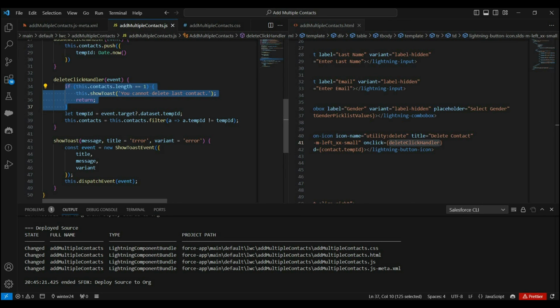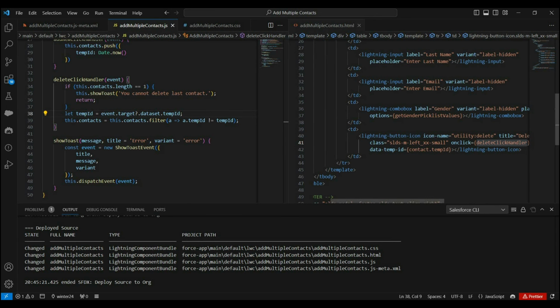Now here to identify which row should be deleted, I mean, let's say we have 5 rows and the user wants to delete one of them. Then here in code, how will we identify on which row the user clicked or which row the user wants to delete, right? So to identify this, what we have done is we have added our unique temp ID with each delete button as a data attribute. Here